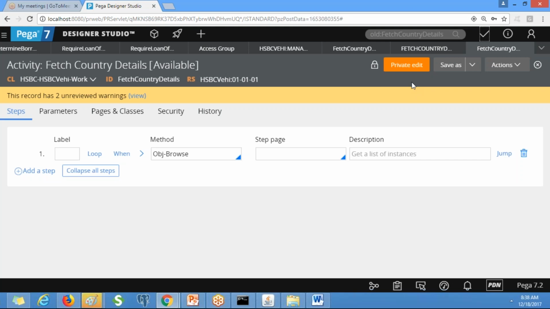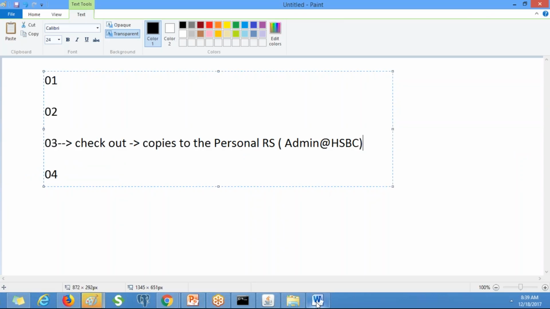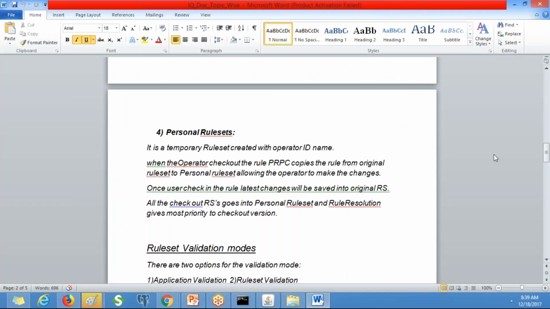Clear, or any doubts so far? So these are about the personal rule sets. Temporarily we can do some changes and execute also. We can test how it is working. At a later point of time, we can do those changes in a different version.